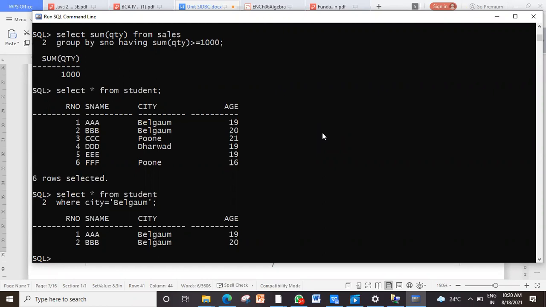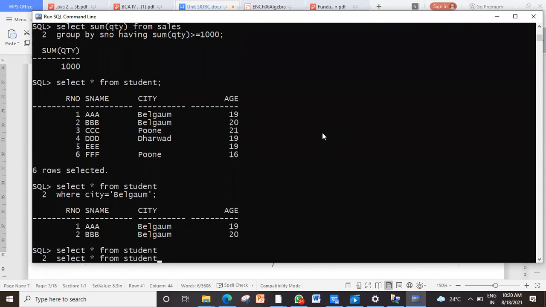But you may say, where account number is so and so, how will they know which account number it is? Like here I know I have to display the student details where city equal to Belgaum. But Belgaum is fixed there. So his account number is fixed there. Any customer will come and his account number will be different. So that account number has to be dynamically substituted. So here let me show you how I modify this query.